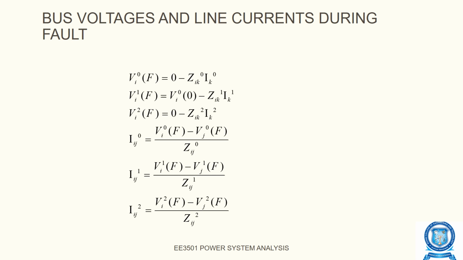Bus voltages and line current during fault. Vi of F is equal to 0 minus Zi0 into IK0. Vi1 of F is equal to Vi1 of 0 minus Zik. And similarly,